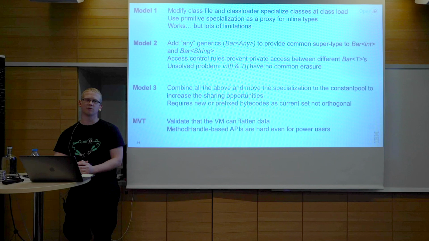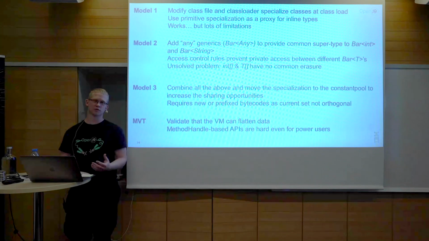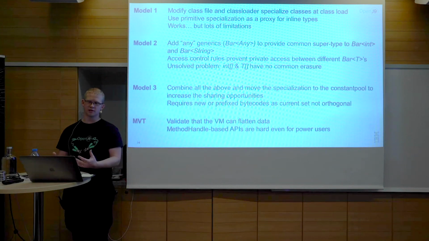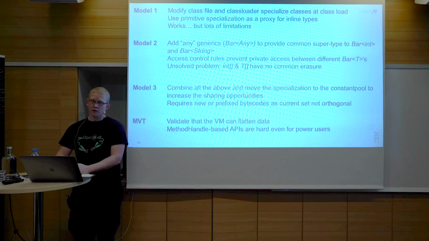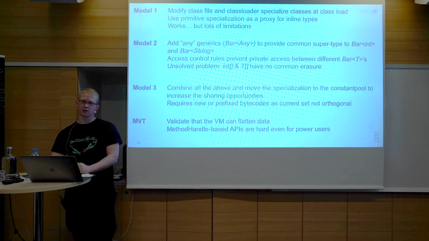Those species wanted to be able to talk to each other. They wanted to access each other's private members, private methods, and they couldn't because the VM won't let cross-class private access. And we still came into this problem of there's no common erasure across a primitive array and an object array. So you end up with situations where the bytecodes just don't match, where the APIs just don't match, where it doesn't fit together well. So we tried to take all this and combine it and said, look, what if we